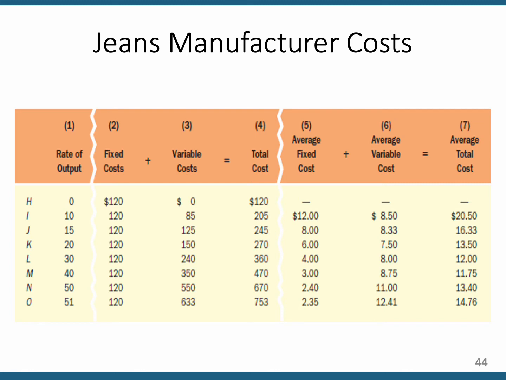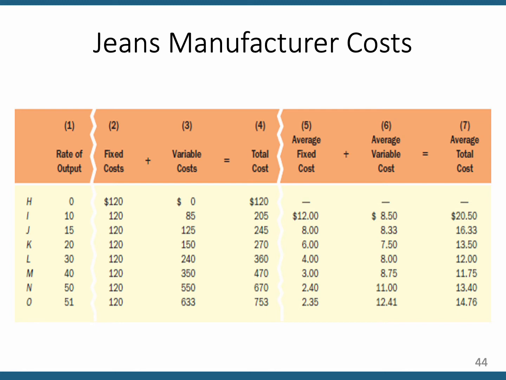The costs in the previous example we just went through are in this table. So Q is all the way to the left. We had one worker producing 15 pairs of jeans per day. So that's a certain level of output. That is, let's see, the third row in this table. See where Q is equal to 15? All right, so go across the table. Fixed costs were $120. Variable costs were $125. Total cost then, if you're producing 15 jeans per day, which is what you would produce with one worker, $245. Average fixed cost, you're just dividing 120 by 15 is 8. Average variable cost, you're just dividing 125 by 15, $8.33. Average total cost,